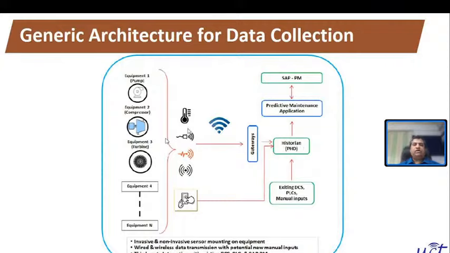So to bring the data from the machinery or equipment to the gateway, we have two options. One could be wired, or the other could be wireless. If it is close by, then a wired solution is fine. But if the field devices are a little far, like sometimes the devices are in a 1 kilometer range or 500-meter range, then laying down the wire is very clumsy. It is very tough work. So sometimes we need a solution that can work wirelessly.